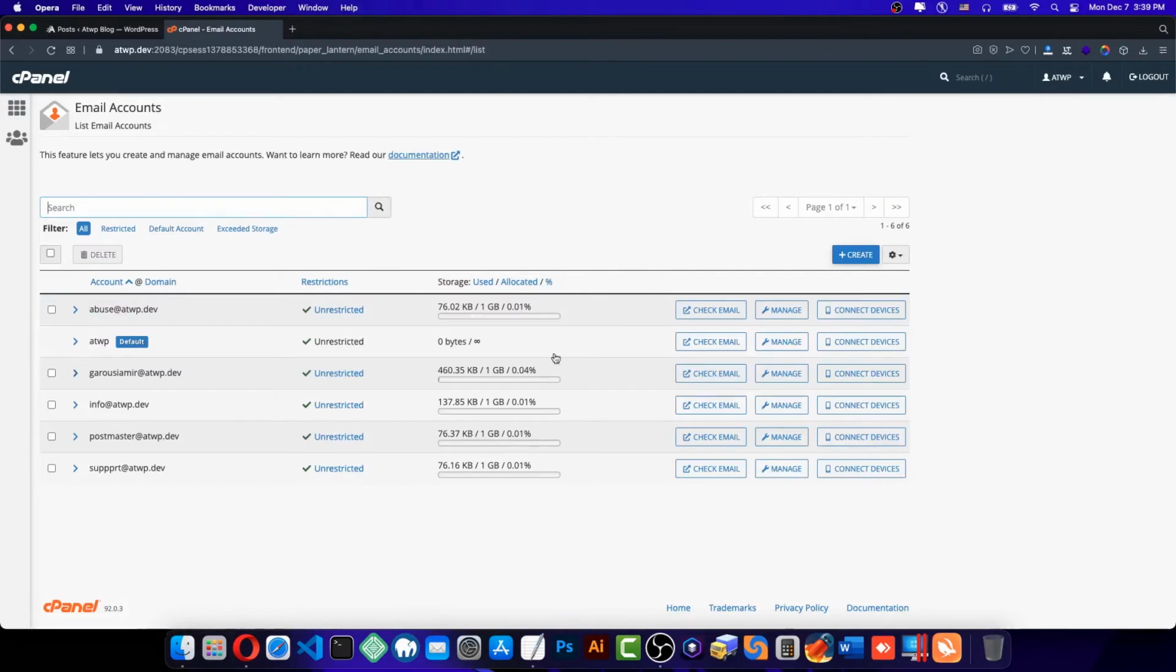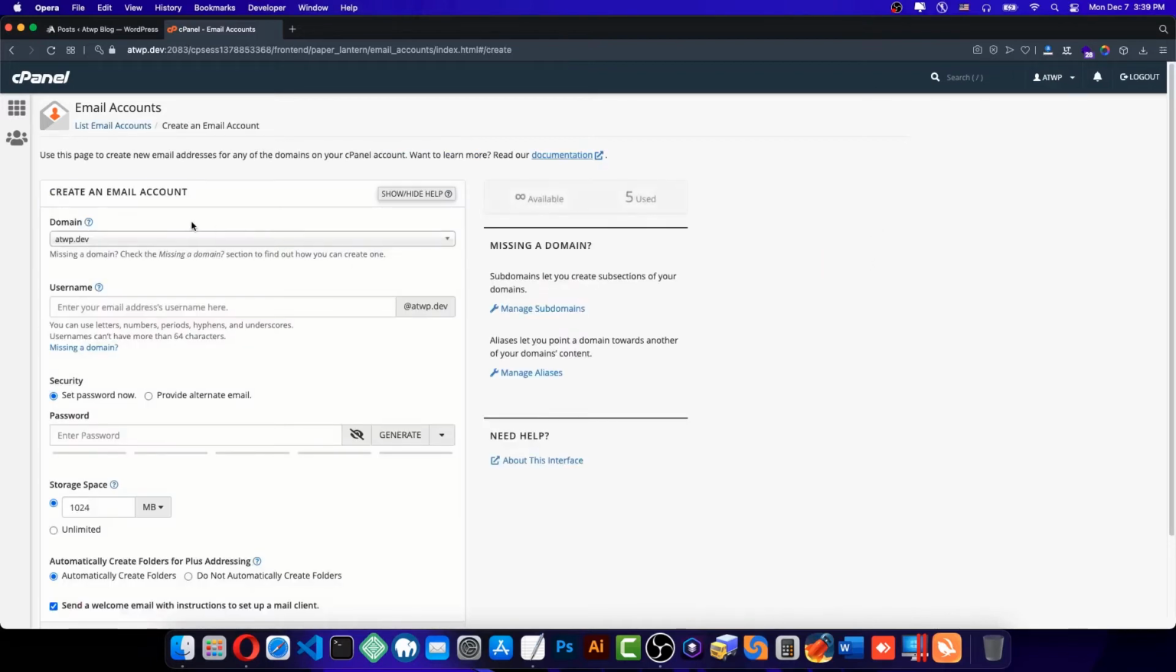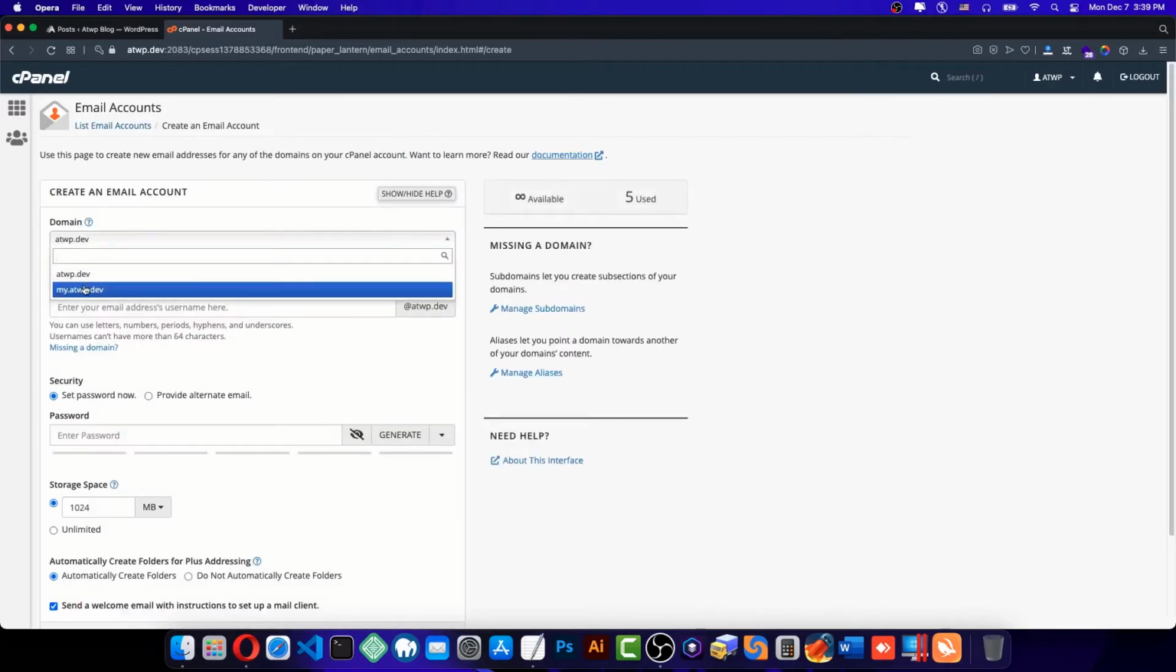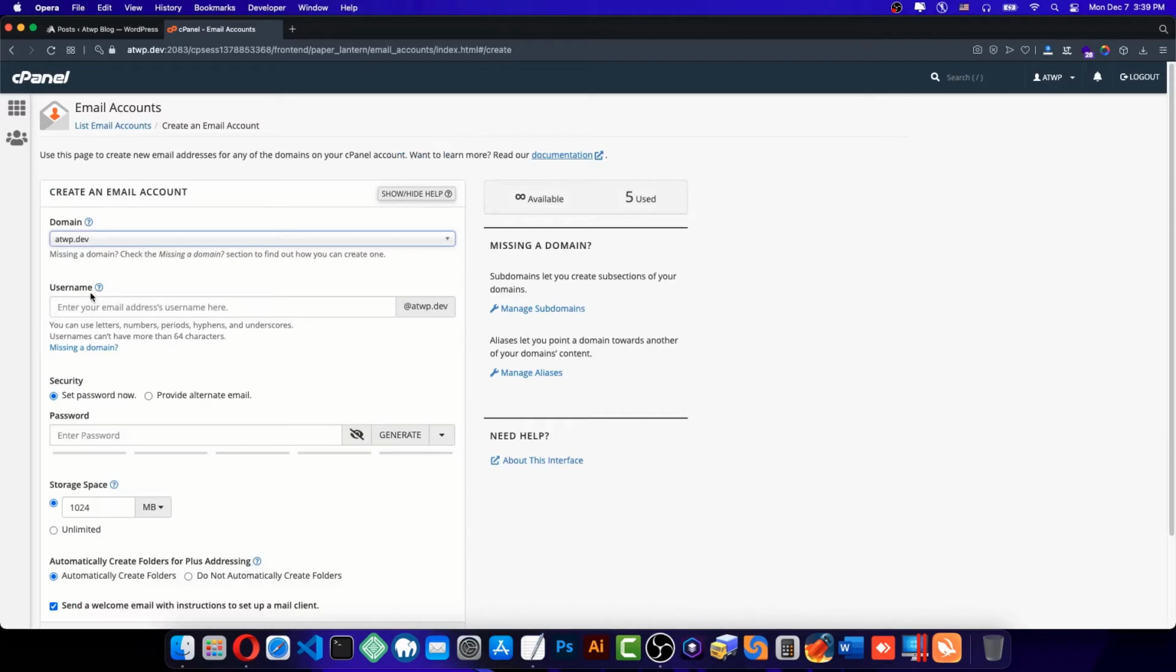And then, as you can see, I have some emails over here. There are actually 4 or 5 email accounts that I have already created. But you can create another one like this. My domain is ATWP.dev, and you can use any username that you want, but you must know that this username must not be used already. So I'm going to create something like, for example,